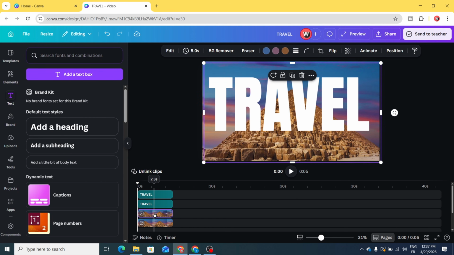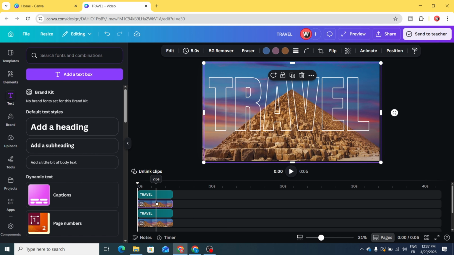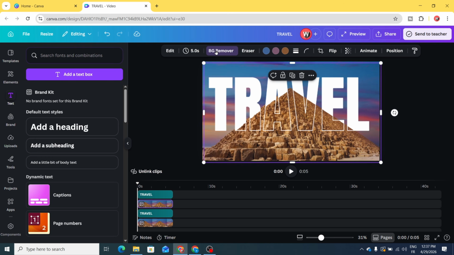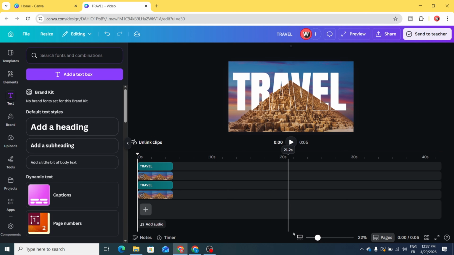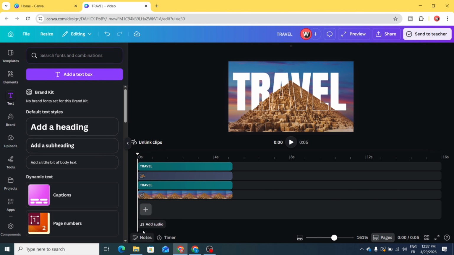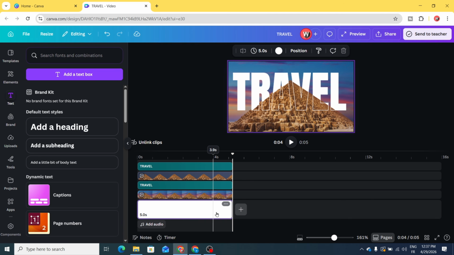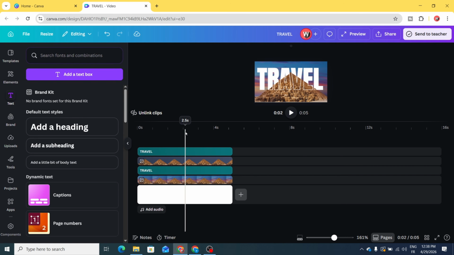Duplicate. Let's place it here and remove the background. Click this little icon and increase the size. Click this plus button, click blank. Let's place this line in the middle